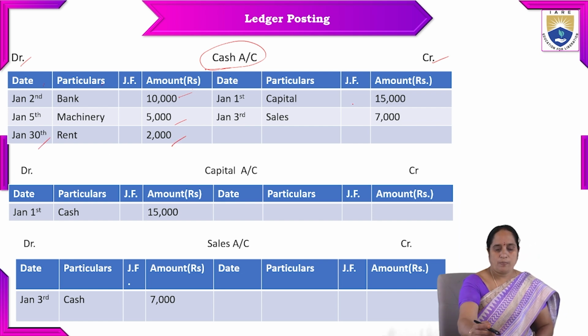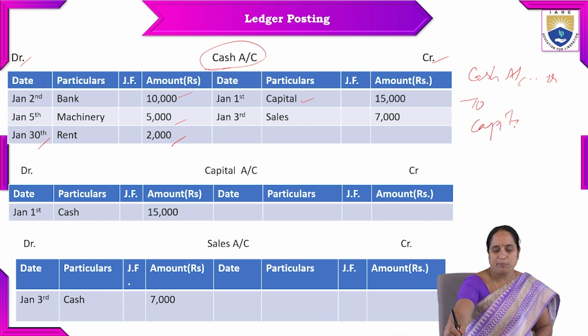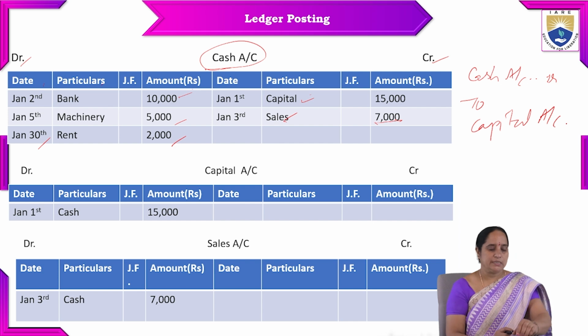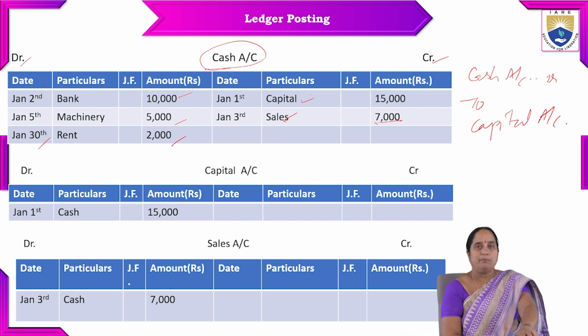Whereas coming to credit side, cash invested in the form of capital, that should be mentioned on credit side. Why? Because if you observe the journal, cash account debtor to capital account. So this capital account, it should be on credit side. So list out on credit side, even sales on credit side. Then second one is capital account. Only one particular transaction you have invested as capital, only cash.